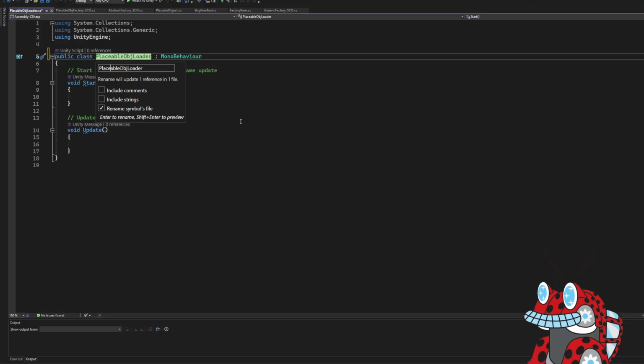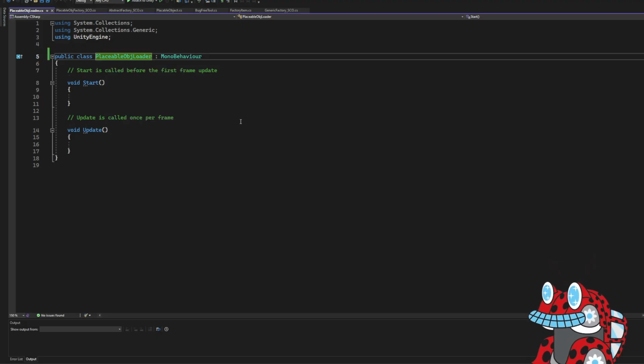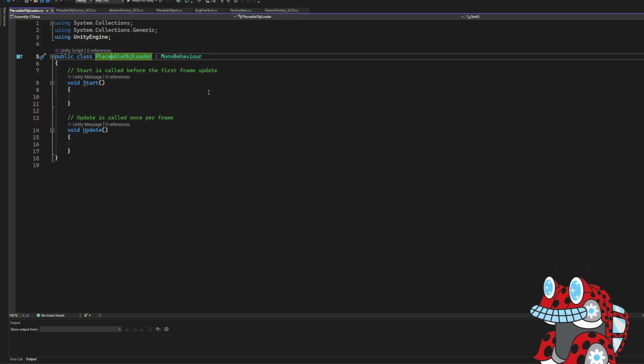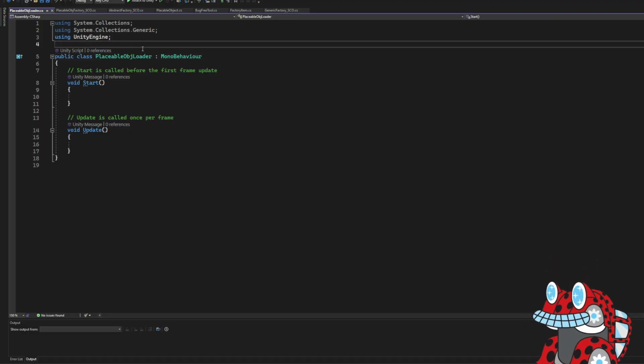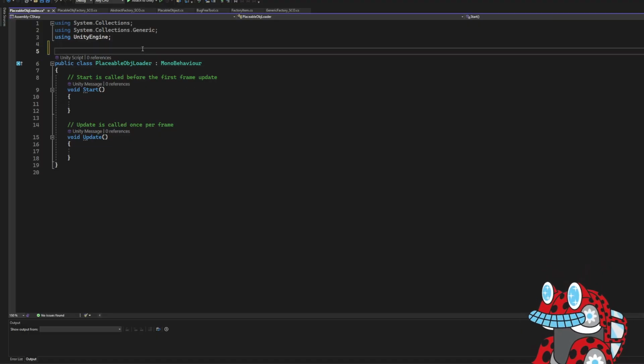Might not even be able. Did it work correctly? Yes. Okay. Placeable object loader. Let's do an object, right? So it's going to be